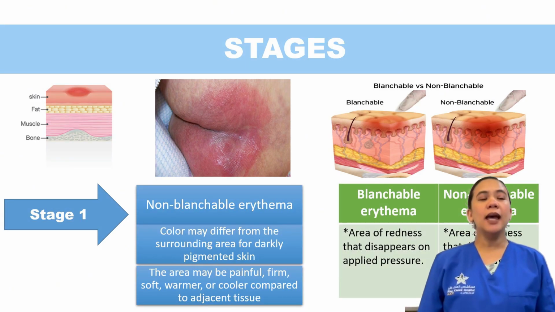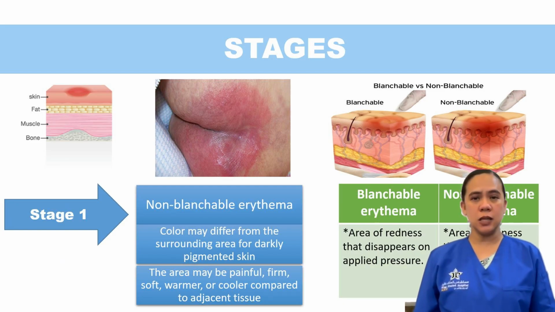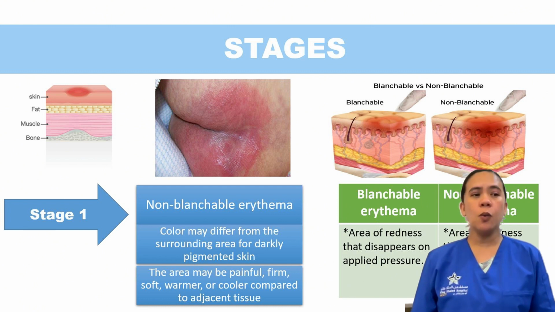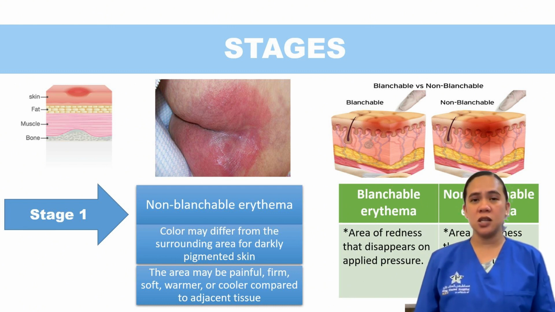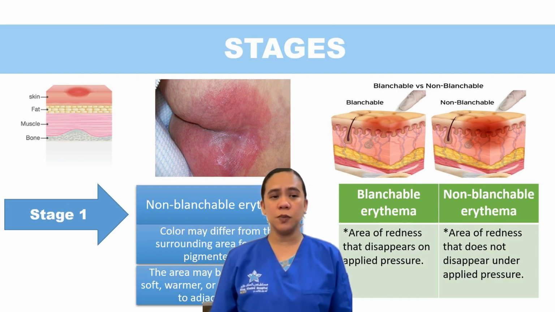Stage 1, non-blanchable erythema. The color may differ from the surrounding area for darkly pigmented skin, and it may be painful, firm, soft, warmer or cooler compared to the adjacent tissue. The epidermis, or the upper layer of the skin, is affected. A non-blanchable erythema is an area of redness that does not disappear under applied pressure. The next stage is